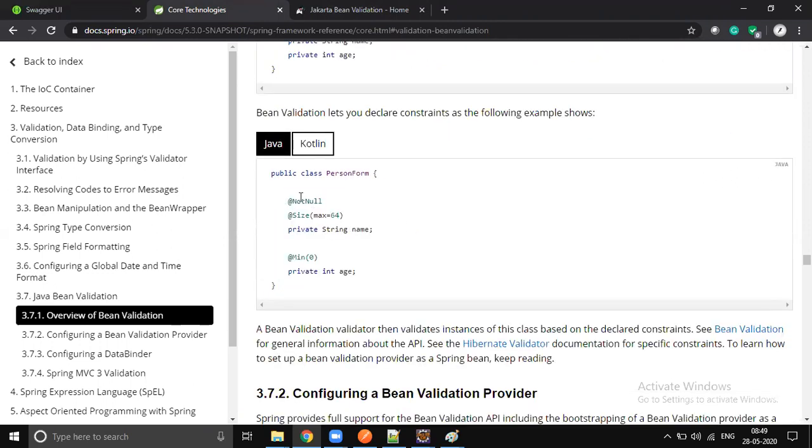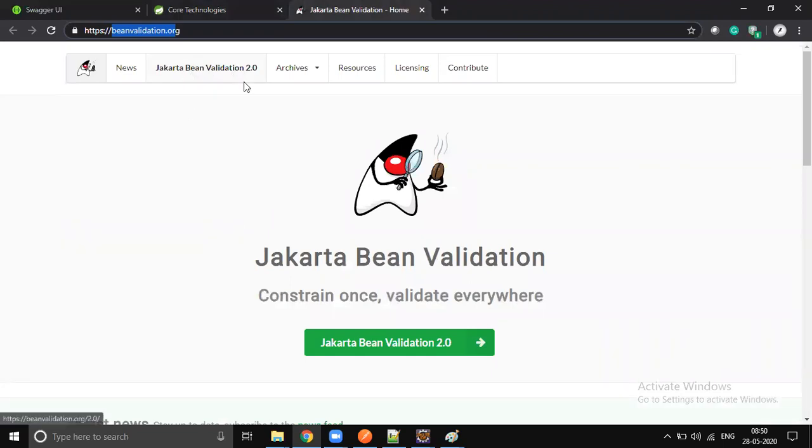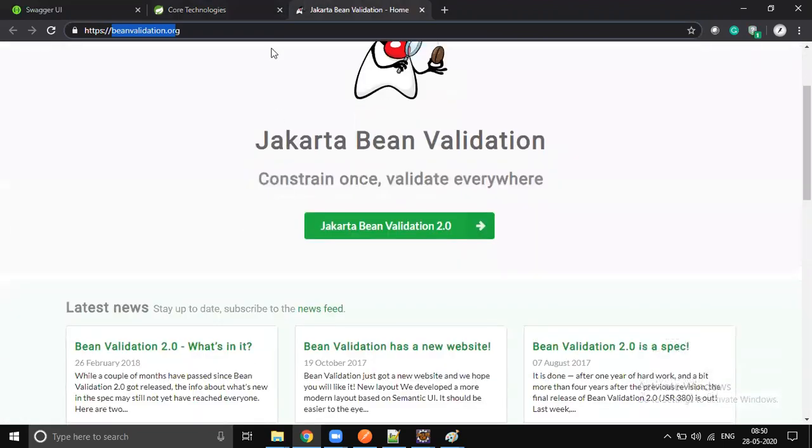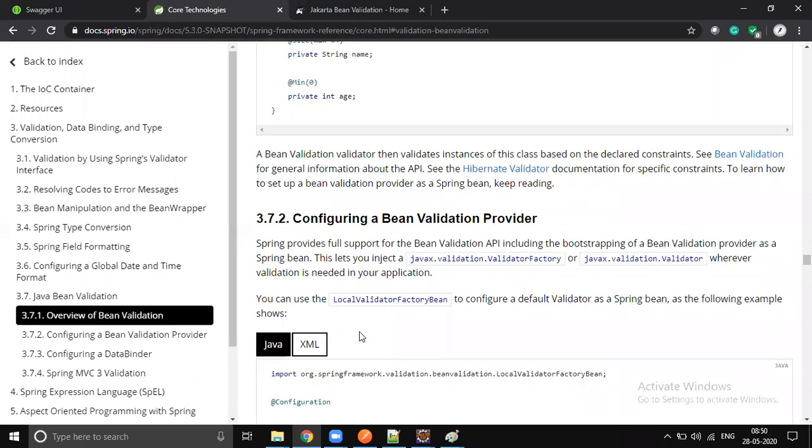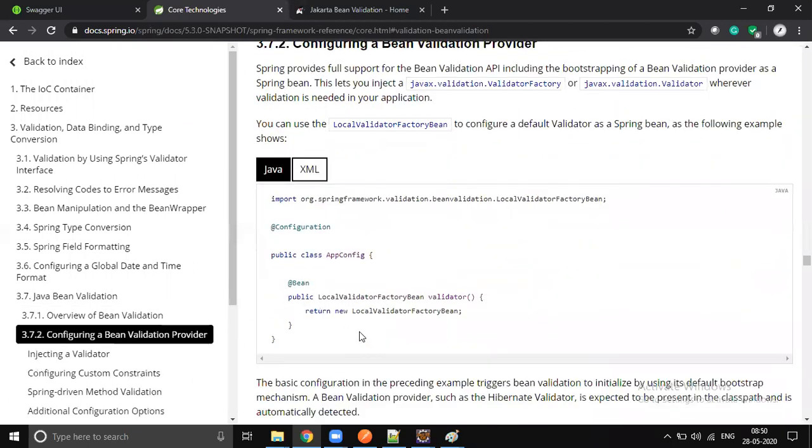So these are the annotations we are going to use, and those are part of the Java X validation API, and so it's inbuilt. We have inbuilt support. You don't need to write any extra code.